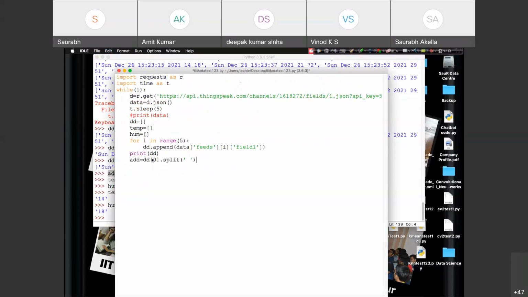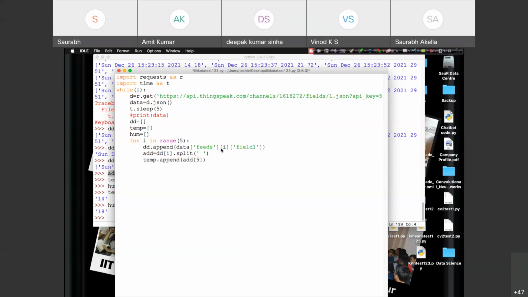Right, I have to just get it into ADD. Now, not only 0, it should be I for all these values. Okay, so I've got everything into ADD. Now I have to get everything into temperature dot append within bracket ADD of 5.